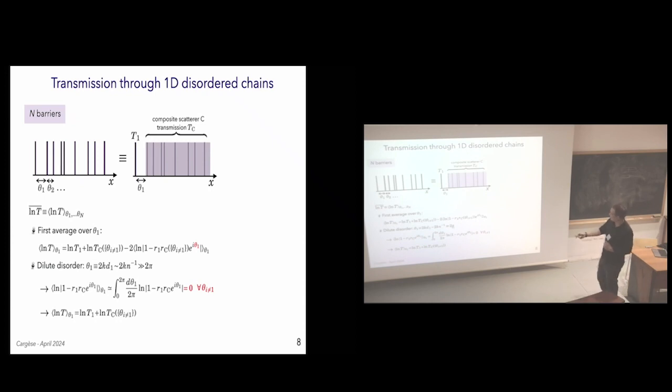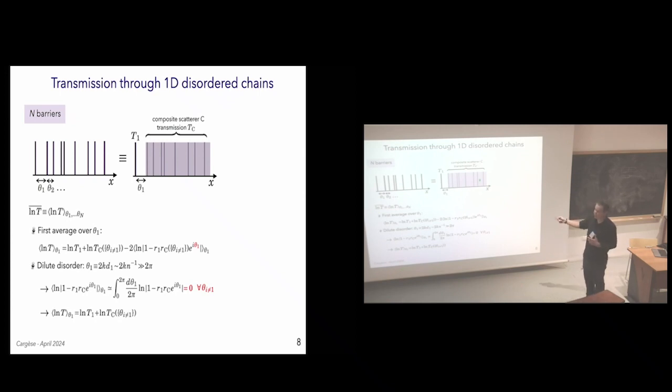So you have the integral of log of 1 plus or minus something smaller than 1. You integrate over 0 to pi, and the result is 0. And it's 0, whatever the other phases which are hidden in this composite scatterer and in this reflection coefficient. So it means that with this partial averaging over theta 1, we have actually identified an iterative, an additive relation in the problem. And you see how it works next.